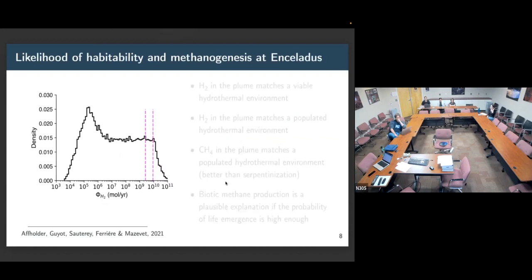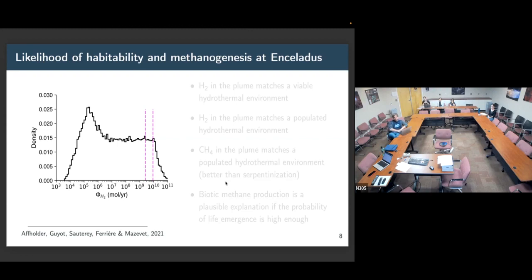Then, since we have distributions in, we have distributions out of simulated composition of the plume. And that's what we see here on this figure. It's not exactly the concentrations in the plume, it's rather the rate of escape of H2 in the plume, a technicality. And in magenta here, we see the actual observation made by the Cassini mission. So first good news is that our simulations, here it's only abiotic simulation, we just let the hydrothermal fluid mix with seawater and look at what happens. Well, those simulations are able to produce the H2 escape rate observed by Cassini.